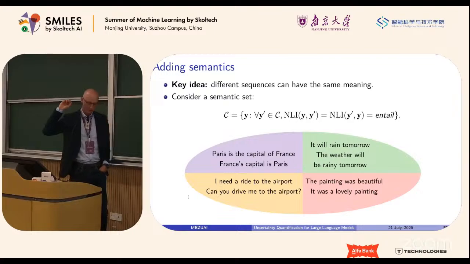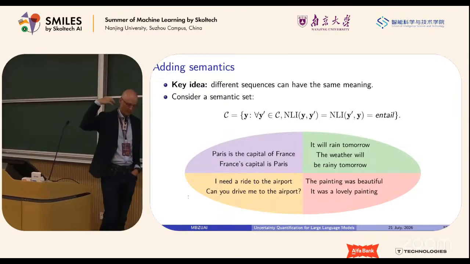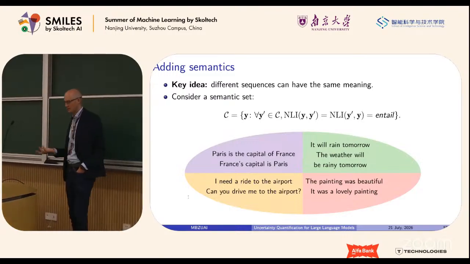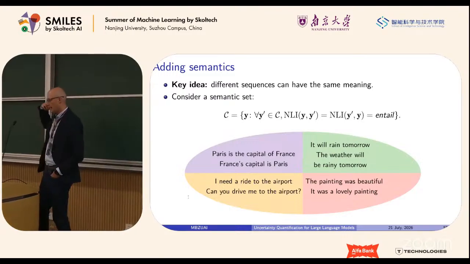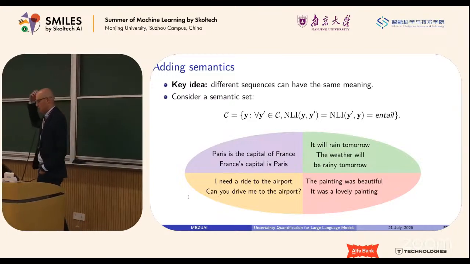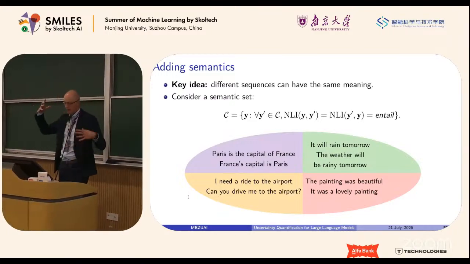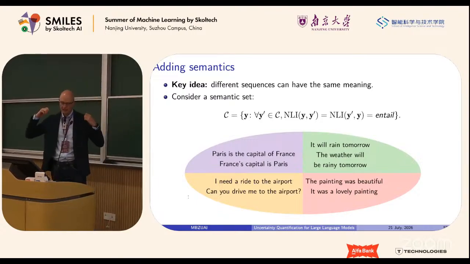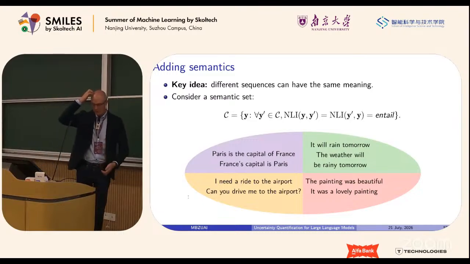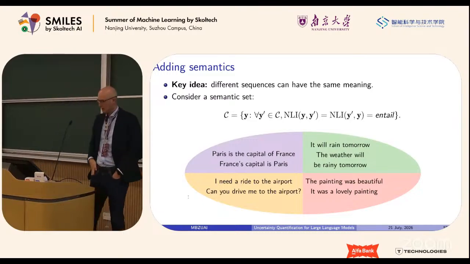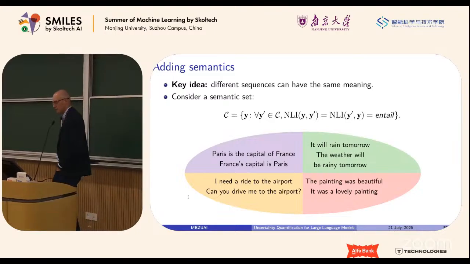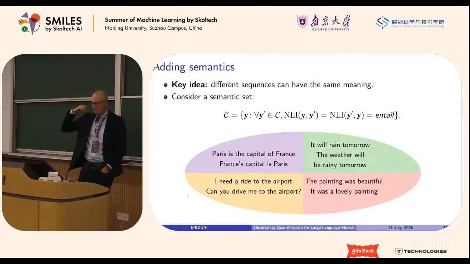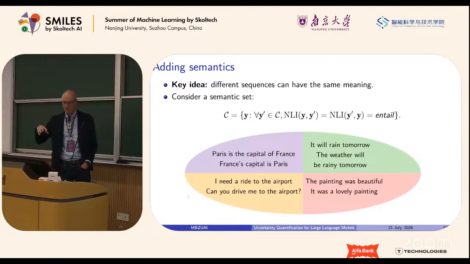The idea is that we need, once again, to deal with the problem that LLMs generate the same meaning in multiple different ways. To understand the probability of a certain meaning, we need to somehow aggregate the probabilities of different sequences that have the same meaning. The very simple idea suggested by Yair and Gal, one of the seminal works in LLM uncertainty quantification, which was actually published in Nature, is to do some hard clustering of